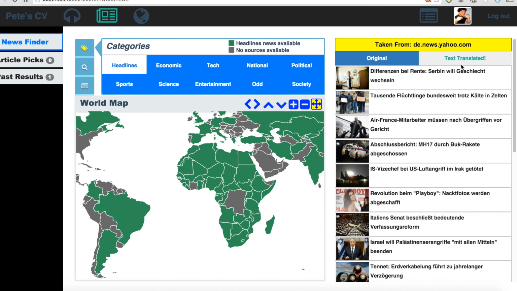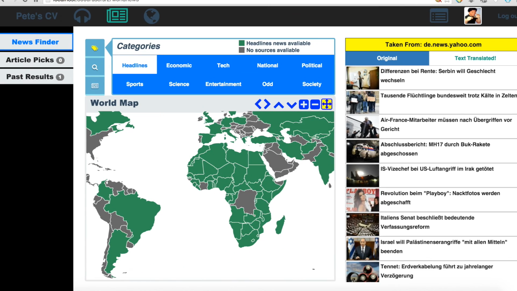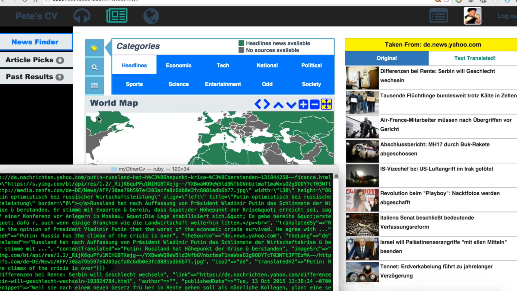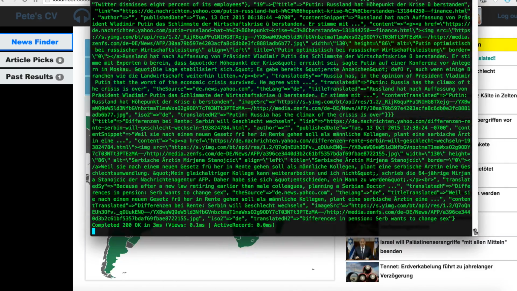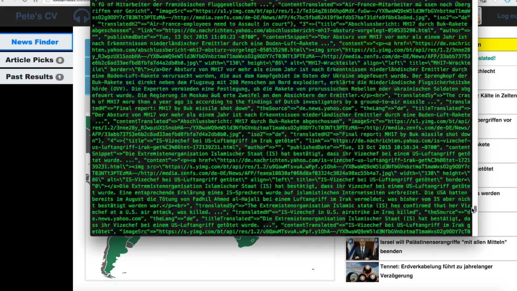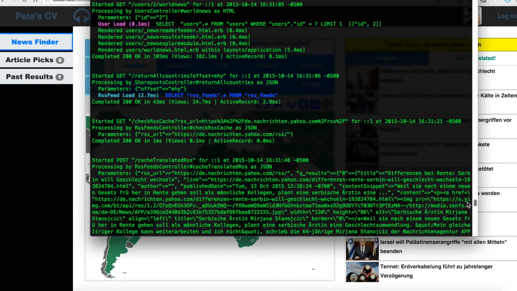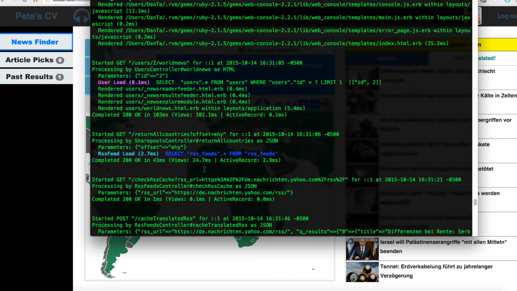Okay, also I said that there was a cache on this, and I'll show you in the terminal the list of the cached. See, there are all these songs with the translations and everything. Now that is pretty big. But yeah, cache translated RSS, and I also have cache, just the normal RSS feed.